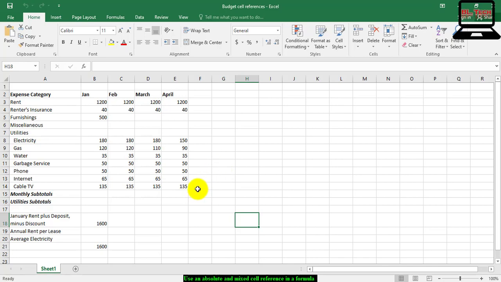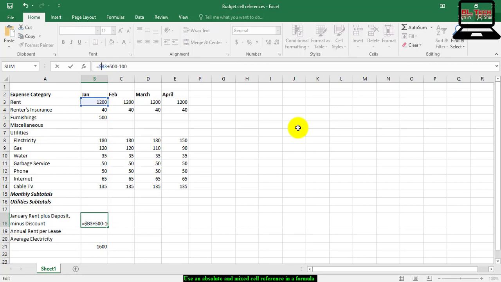Let's start. Click on B18. Click in the formula bar and insert the $ sign.